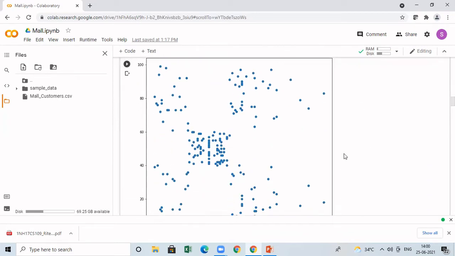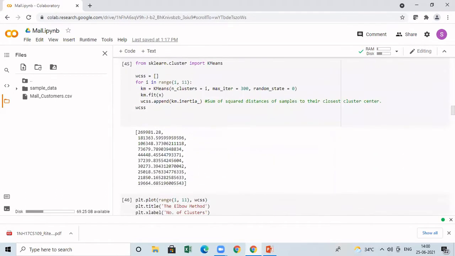Now, if you look at this, here itself, you can easily identify how many clusters are present. If you see this, we have 5 clusters in this. So we are going to apply the k-means clustering algorithm and we will find out. In this particular data set, it is visible clearly. But in some data set, we will not have clusters like this. So in that case, clustering should be definitely done. But here, you are able to understand that 5 clusters are present. So now let us apply the k-means clustering algorithm for that.